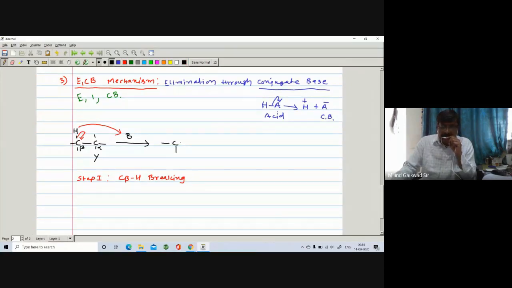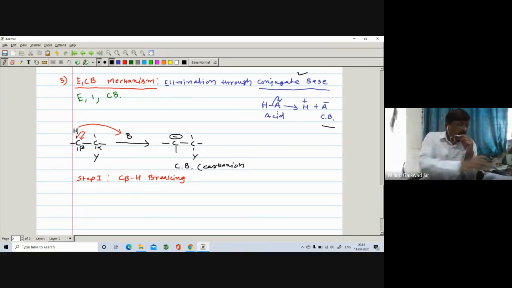There is a formation of a corresponding carbanion. Here is a bond, here is again a bond, and here is a Y, and this carbon carries a negative charge, and we have seen that there is a formation of a conjugate base. So here there is a formation of a carbanion, and it is called a conjugate base. Instead of writing conjugate base, you can also write carbanion, right? So there is a formation of a corresponding carbanion. Further, this carbanion